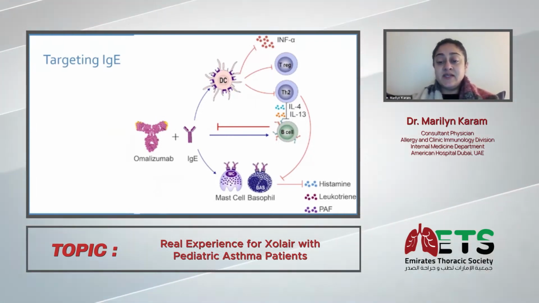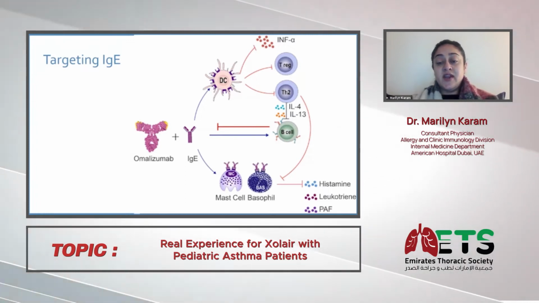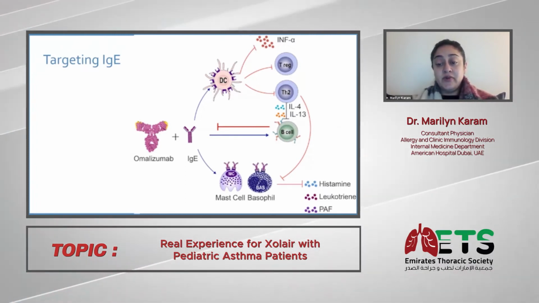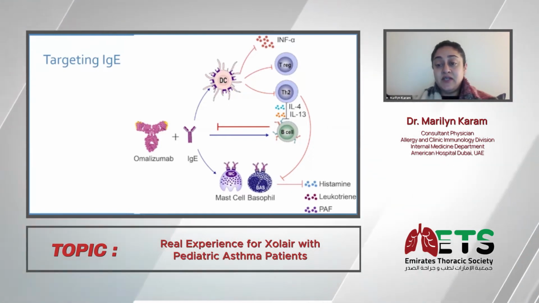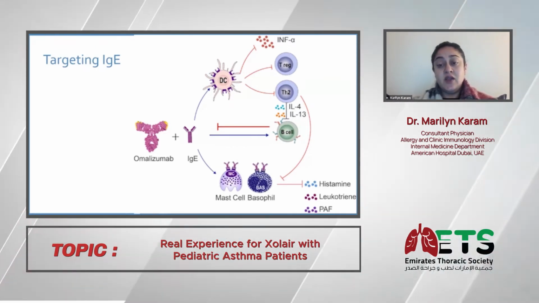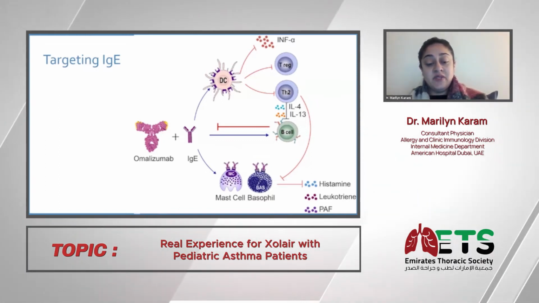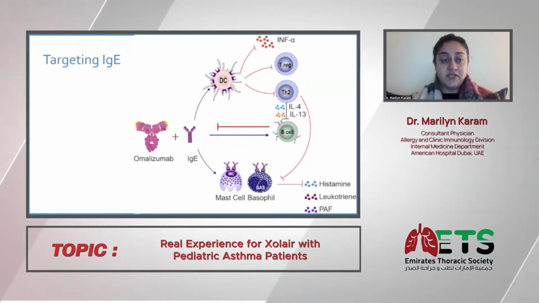Now, omalizumab targets free IgE, and the rationale behind this is that when you're targeting your IgE, you're rendering your mast cells more stable, so you control their activation and you decrease the threshold. You also can block all the inflammatory cytokines and the eosinophil mobilization and infiltration into your tissues. Hence, we can control everything that I just mentioned in terms of smooth muscle contraction, permeability increase, and all the other changes that we see.